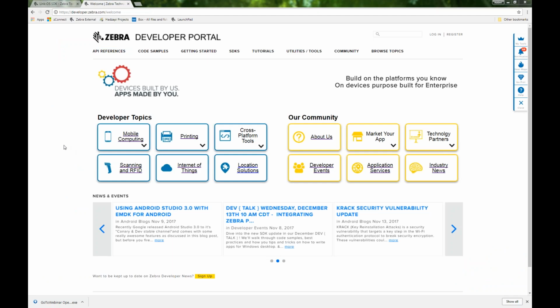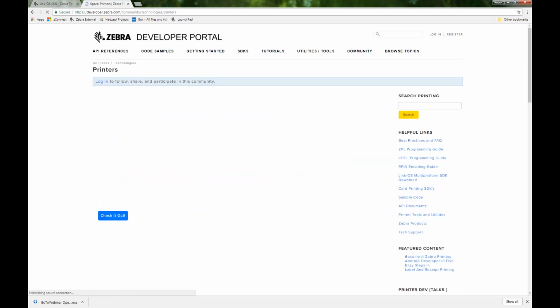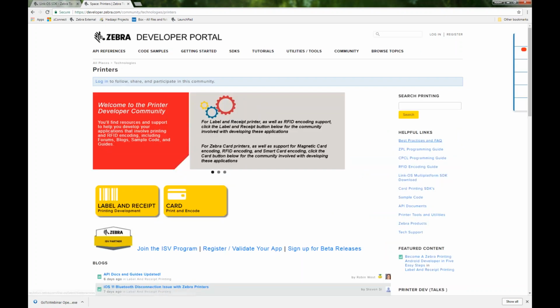So in order to find the best practices document, there's a couple of different ways to do it. Probably the easiest is when you're in the developer portal, developer.zebra.com. This is the main welcome screen that you see. Go into the printing or any of the printing pages, and then under helpful links here, there is a link for the best practices and FAQ,